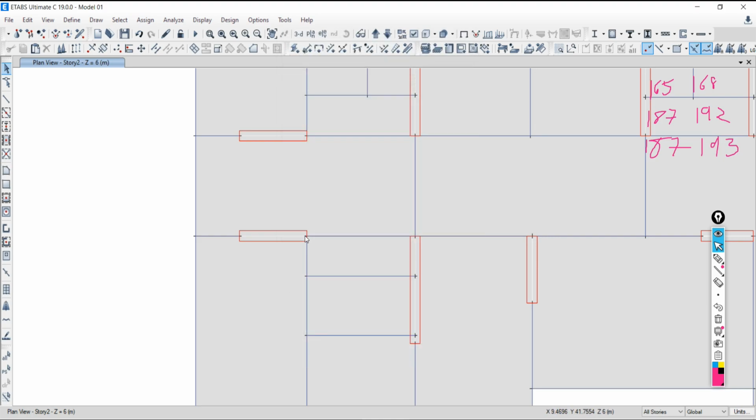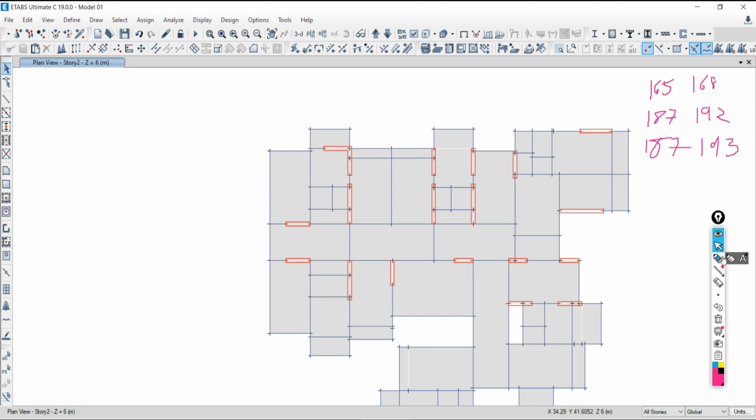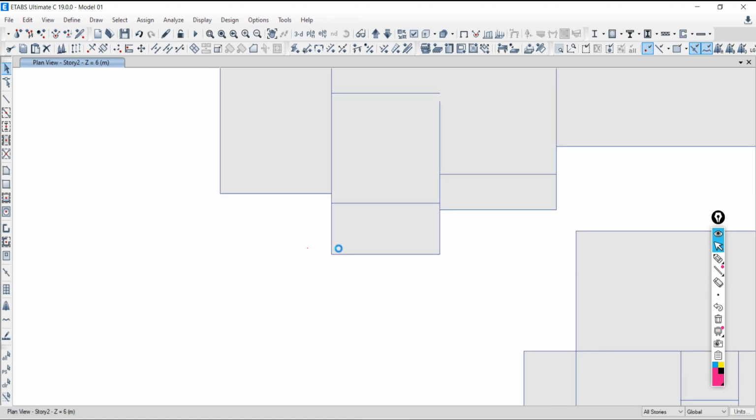So there is a problem with this line, the intersecting line. So we are going to correct the alignment directly. Just drag it from left to right so that the line as well as all the joints are selected. Then decide one point to be correct. So about x we have to correct.